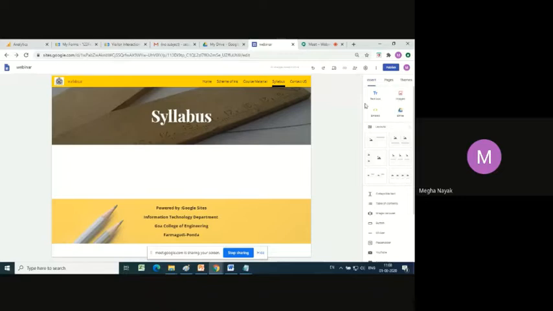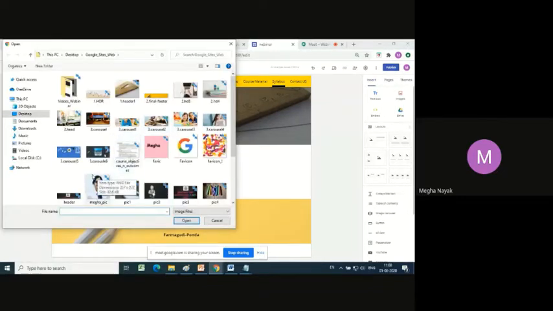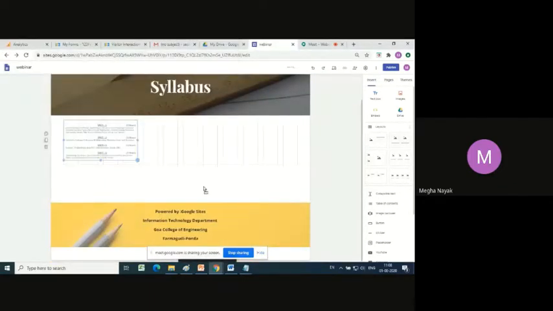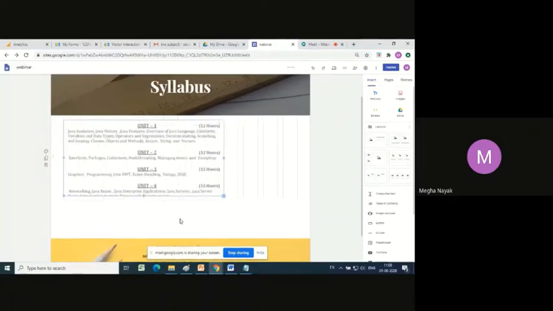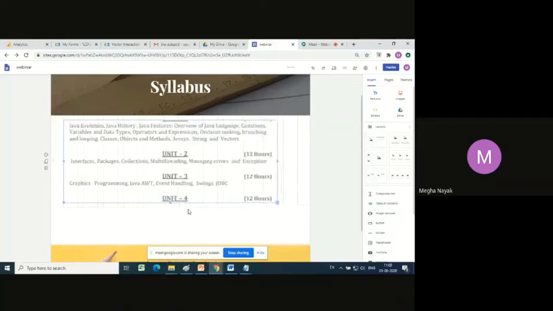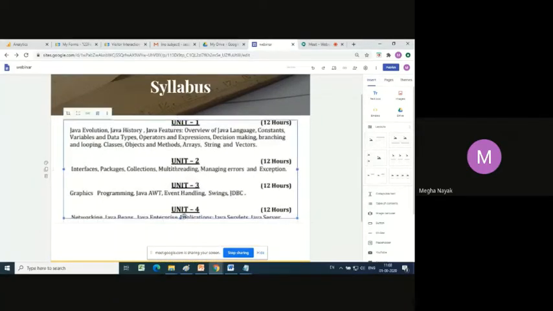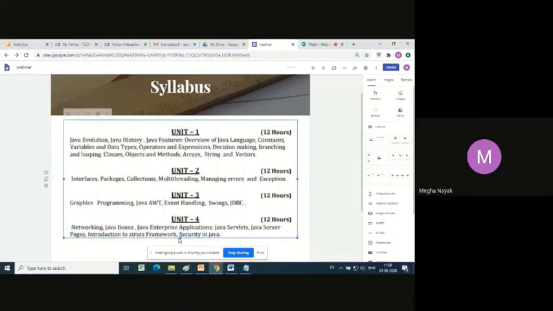So I go to image, I say upload, and that is going to be my entire syllabus. So you stretch it, and accordingly you can adjust it so that the whole thing is seen.